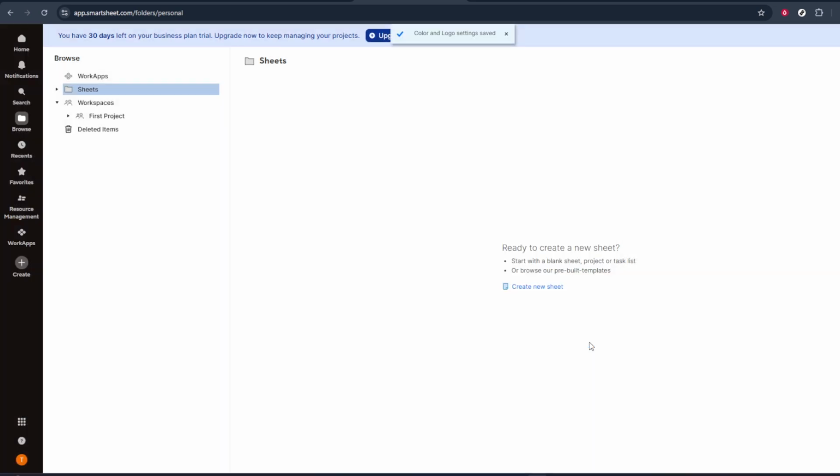After choosing the dark theme, you'll need to confirm your change so it doesn't revert back. Look for the Save button in the same settings window or panel. This is usually located at the bottom or in the lower right corner. Click on Save to apply your new dark mode settings. Once you've saved, your Smartsheet interface will stay in dark mode across your sheets and workspaces, making it easier to focus and reducing eye strain while